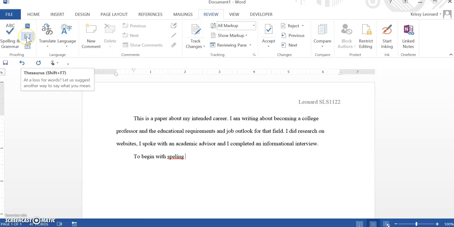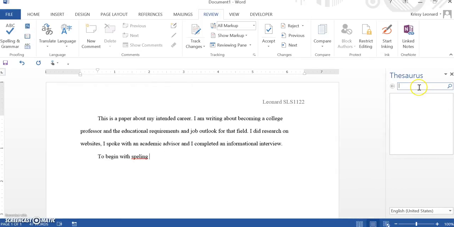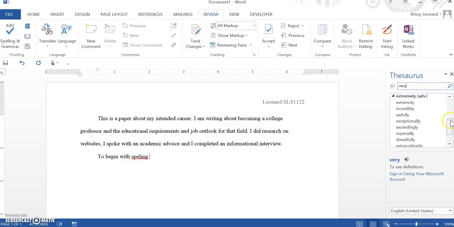So one of the other options they have is a thesaurus. If you click on there, you can either type the word that you're looking for and say very, and it gives you a lot of different options for a different way to say very. Or if you actually highlight a word and choose thesaurus, it picks up the word and it gives you the options from there, and you can change it and move from there. So again, another great tool to help you vary your language a little bit and expand your vocabulary.